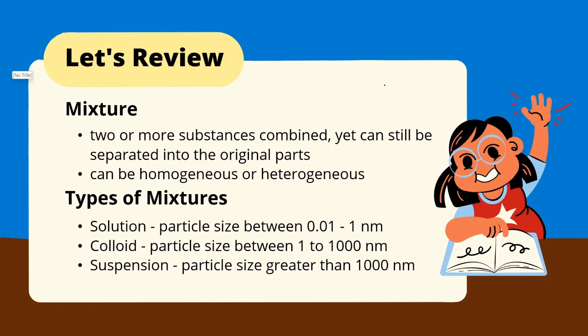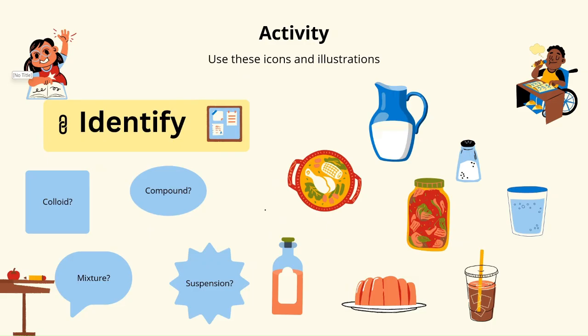So if I review, mixtures are two or more substances combined yet can still be separated into the original parts, that is homogeneous and heterogeneous. And these are the conclusions, like solution, colloid, suspension. Particle size you have to remember, this may come in the form of MCQ. So this is some identifying